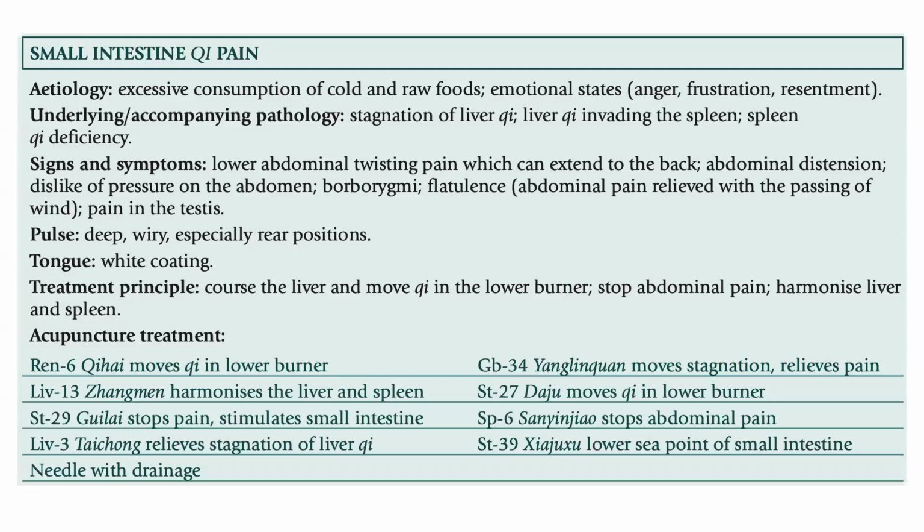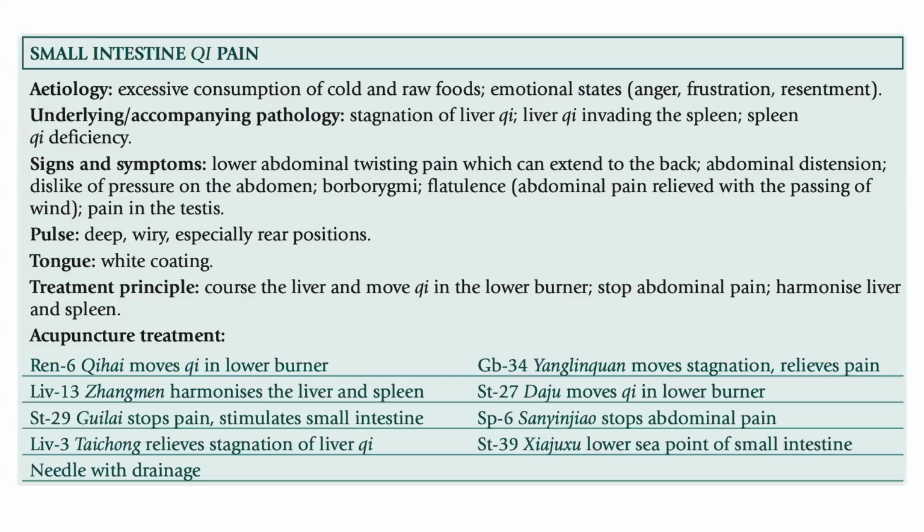deficiency. And to summarize, small intestine qi pain, etiology: excessive consumption of cold and raw foods, emotional states like anger, frustration, and resentment. The underlying and accompanying pathology: stagnation of liver qi, with liver qi invading the spleen, spleen qi deficiency. The signs and symptoms would be lower abdominal twisting pain, which can extend to the back, abdominal